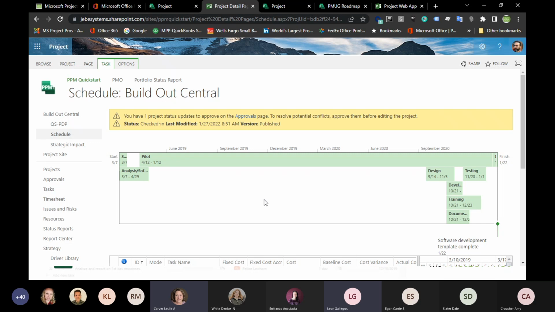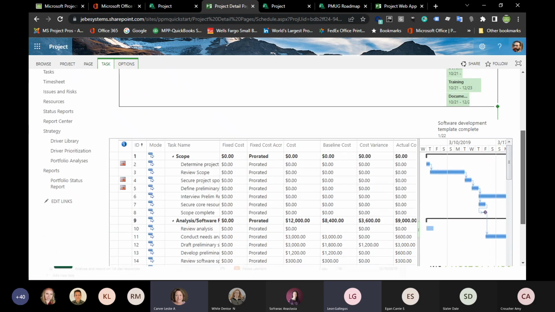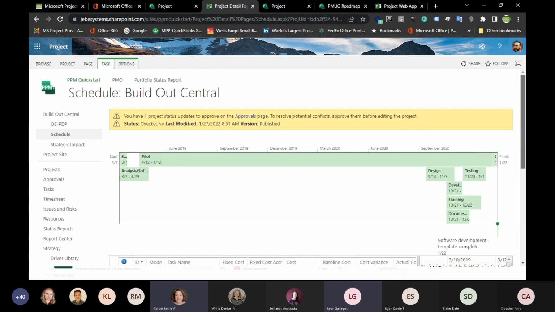So there's a lot of flexibility there around the way we can set these schedules up and who has access to them. So there's a few different components to each of these projects. We'll look at some of them. So we saw the schedule, right? And that's important to have that schedule detailed information because we can easily share that now to anybody who needs to get access to it.